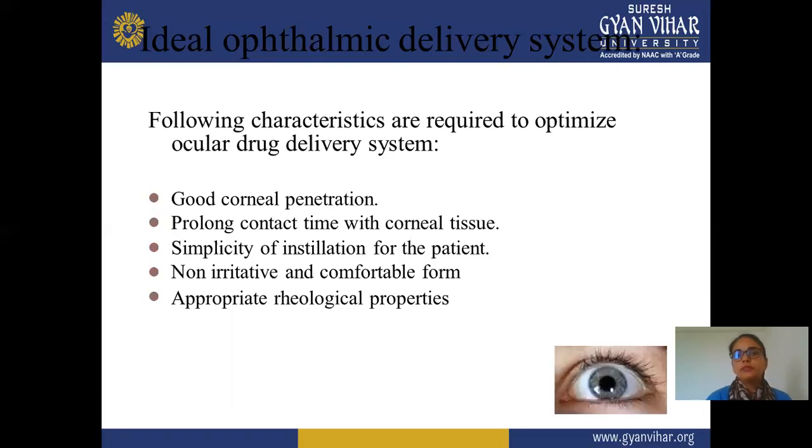Next is the ideal properties of an ophthalmic drug delivery system. These preparations are very sensitive. They require aseptic conditions and more precaution in manufacturing, because it is a very sensitive product that may affect your eye directly or damage your eye, its sensation, or maybe even your sight. So we should make a proper, good quality ophthalmic preparation. These are some ideal properties of ophthalmic preparations.